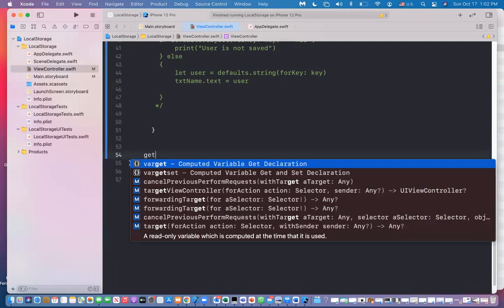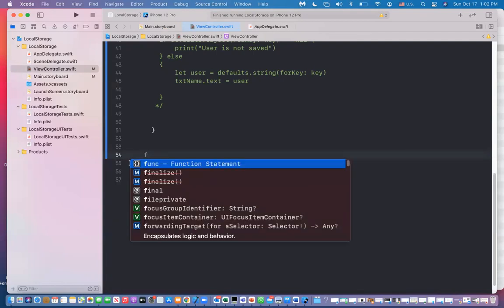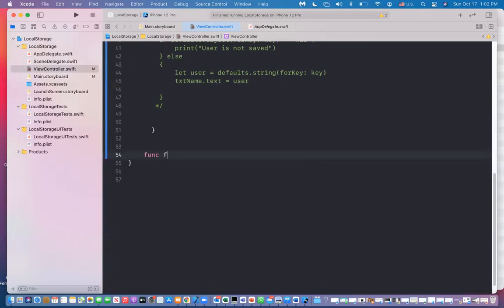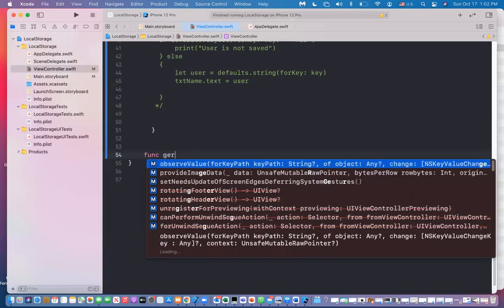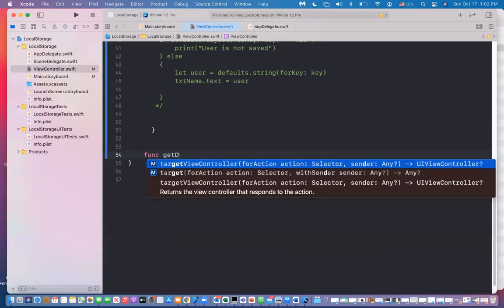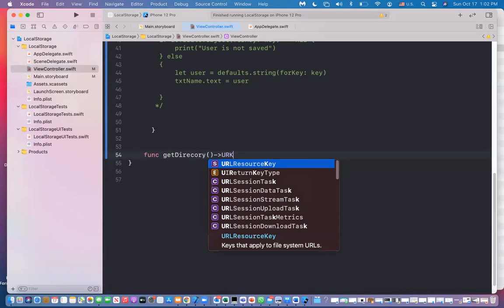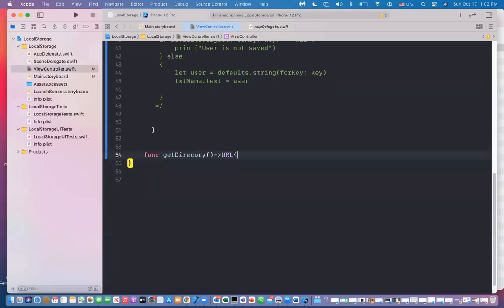So we're going to say func get directory. This function will not receive any parameter, and it will give me back the URL path to the document directory. That way, every time I want to get the path to that file, I simply call this function. So we say let path equal